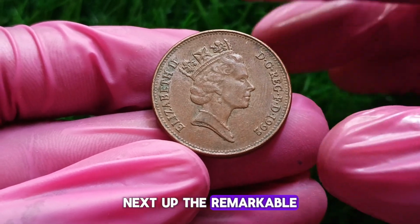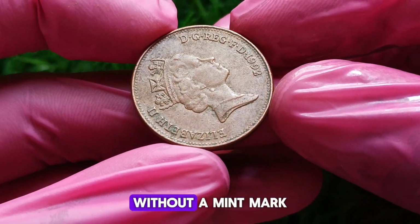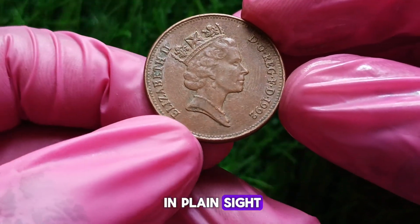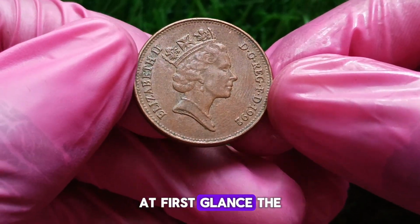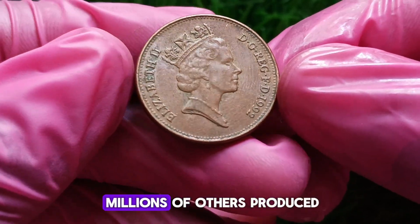Next up, the remarkable UK 2 pence coin from the year 1992, without a mint mark. This coin, often overlooked and hiding in plain sight, carries a rich history and incredible potential for those lucky enough to discover it. At first glance, the 1992 2 pence coin appears no different from the millions of others produced